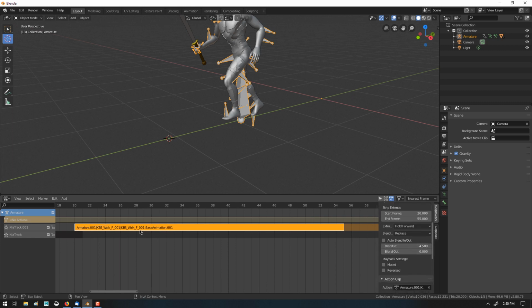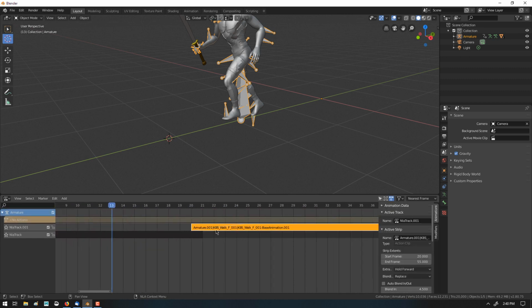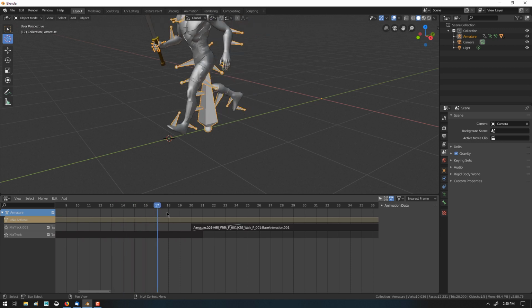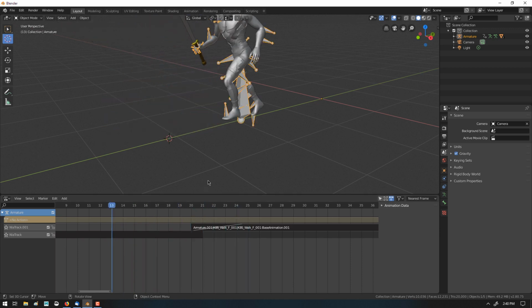Although I am noticing that the display doesn't show up. The blend is really hard to see color-wise when it's active, so I probably just need to change that color, but it's hard to tell where the blend is. But here we've got now